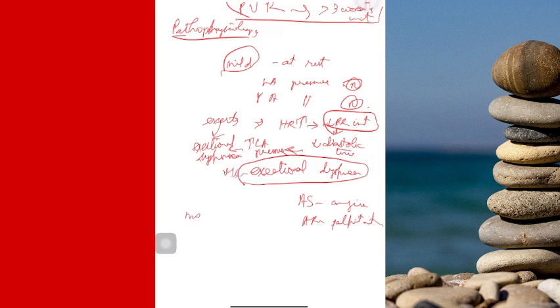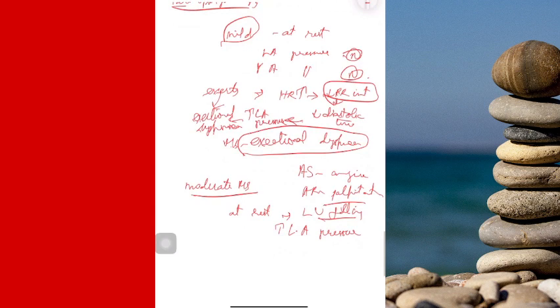So as far as moderate MS is concerned, at rest your LV filling will be adequate. That is, even though your valve is stenosed, the amount of blood that comes into your LV will be adequate. This is because your LA is compensating for it. So your LA pressure will increase. Increase in LA pressure means two things as far as symptomatology is concerned.